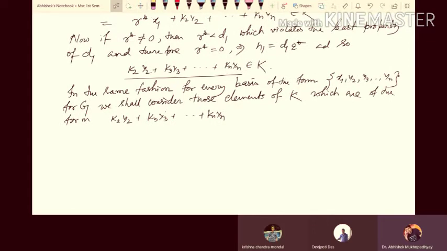For every basis of the form x1, y2, y3, yn for G, we shall consider those elements of K which are of the form this,